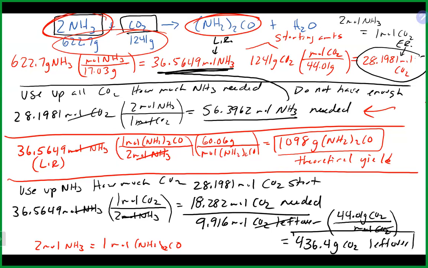So even if you maybe chose the incorrect one for the excess one, you could just go back and do the other reagent, the same calculation, and you can figure out how much of that excess reagent you needed, and you can figure out how much would be left over. Any questions on